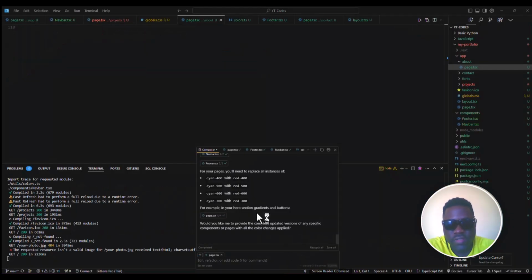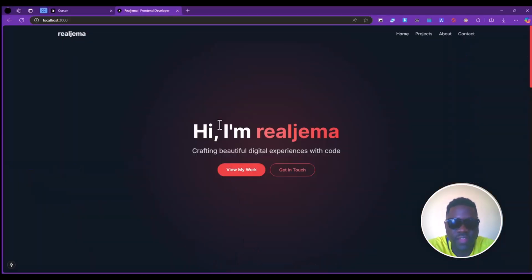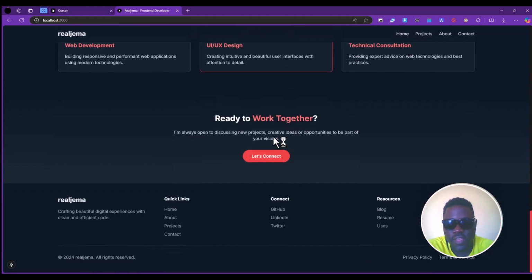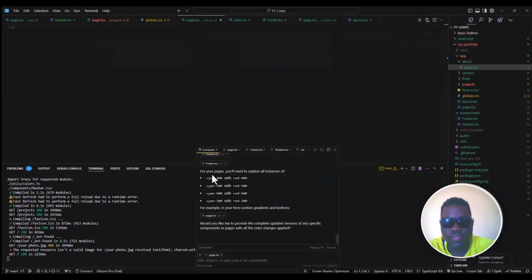Now let's see the last change that it had to effect. It was to change the color from cyan to red. As you can see, it has changed my theme easily from cyan to red. So as you can see, with AI you can start building websites and you basically have a whole coding department at your fingertips. So definitely check it out, build some amazing things,